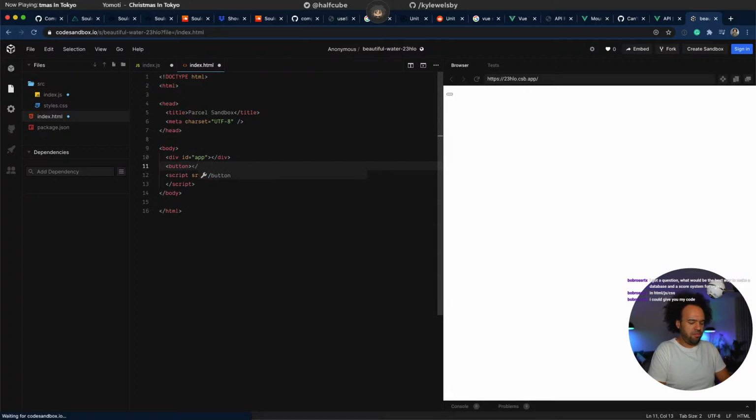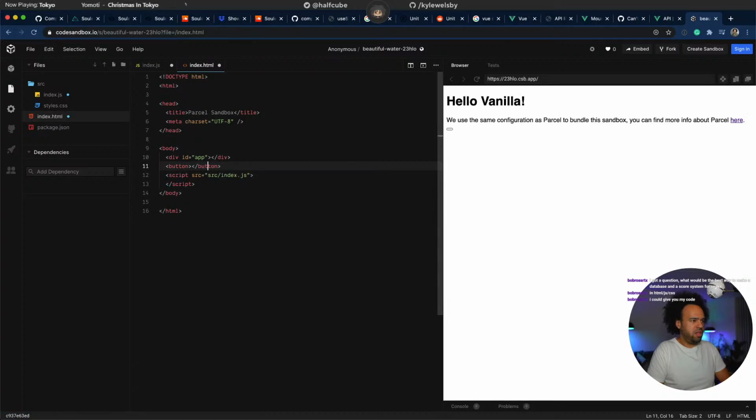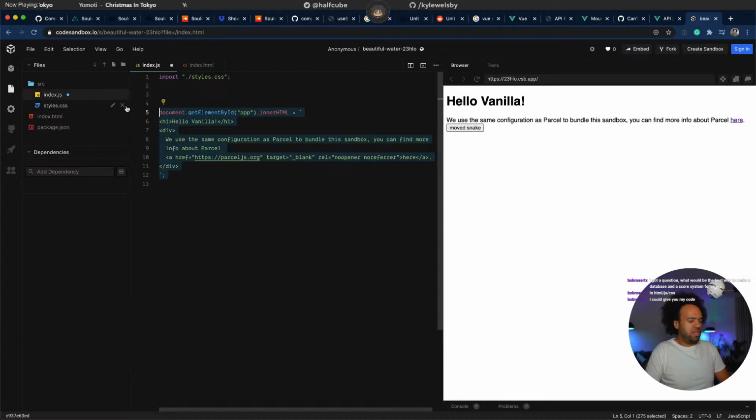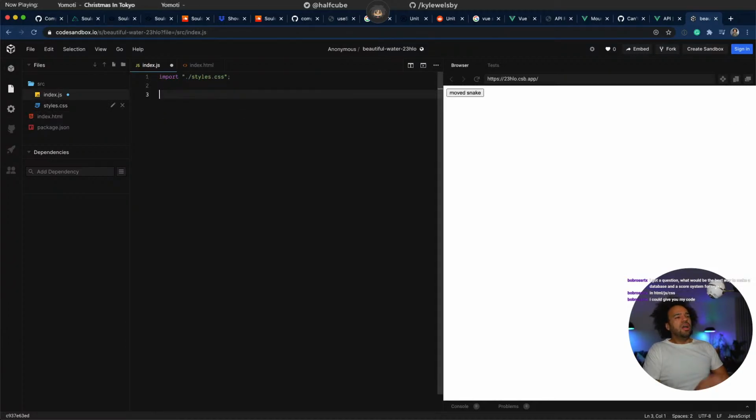A move snake button. So we're just going to put this placeholder button here for now. Get rid of this initial stuff, because you'll program the logic of moving the snake, but I've not got that in me of how to do that properly. But you're asking about the storage,